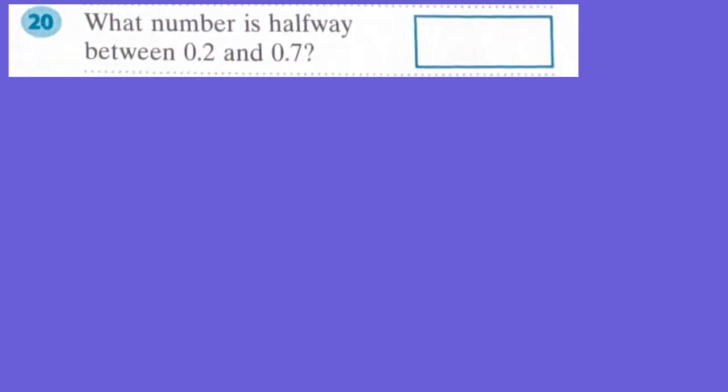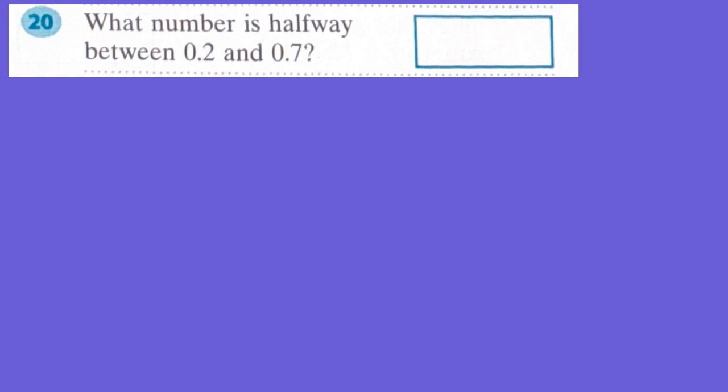Now we need to write this down in a rectangle. And we've just placed them from the lowest to the highest. Lowest here. Easy, wasn't it? Alright, this is our last question, and it asks us what is the number which is halfway